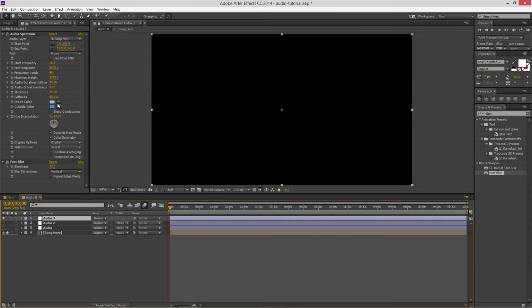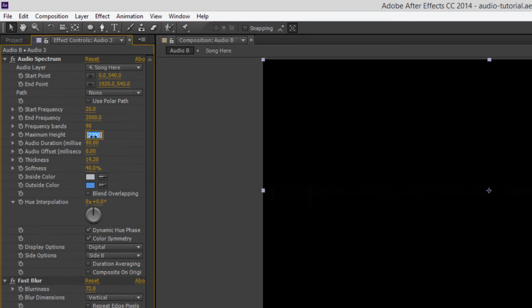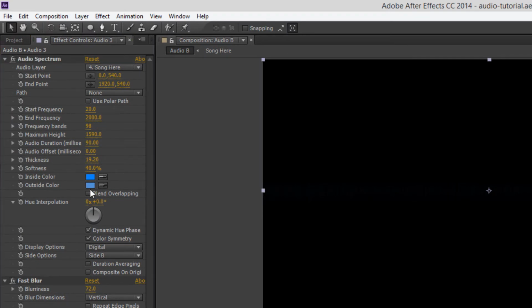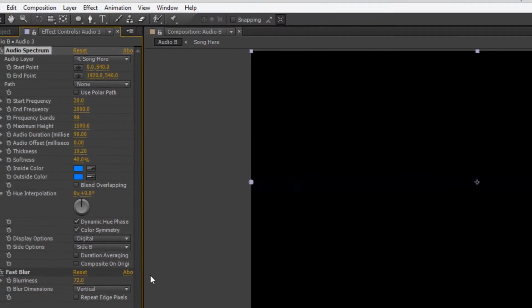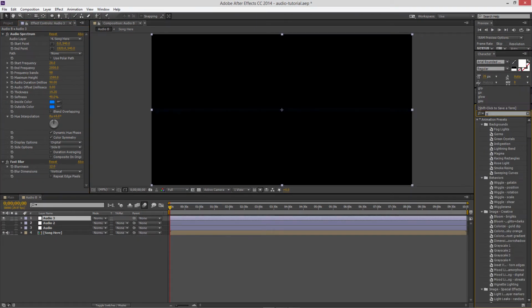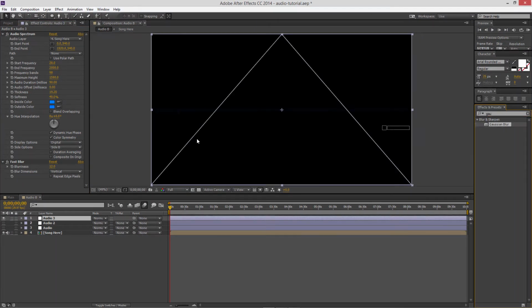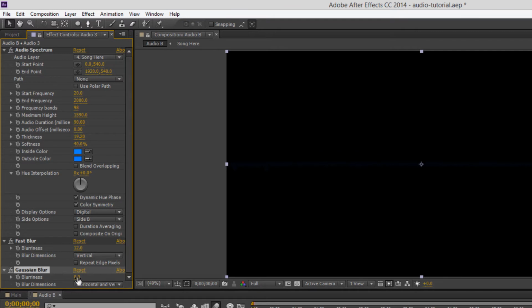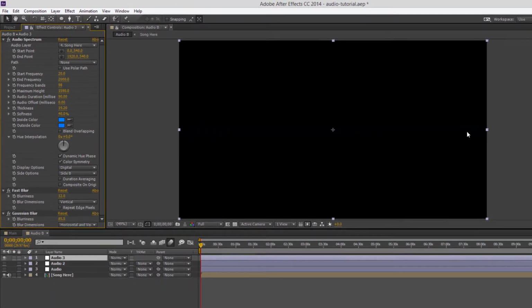We're gonna duplicate this layer, and again we have to work with these settings. Maximum height will be 1590. Thickness the same, softness the same, color, inside color to this, and outside color to this, and the fast blur will be 12, and we also need Gaussian blur, and we have to change, oh I can scroll, okay, we have to change that to 85.5. Vertical and horizontal, and we also need